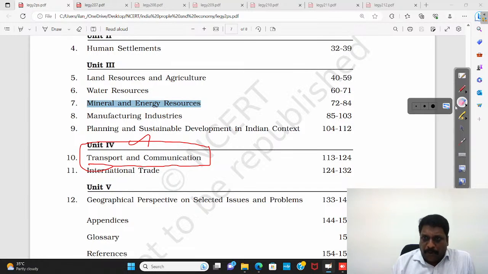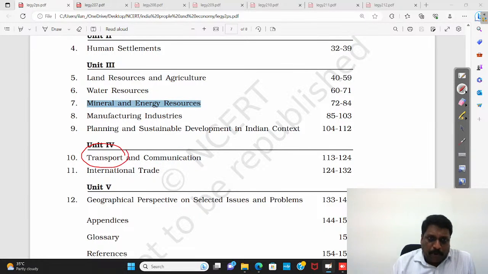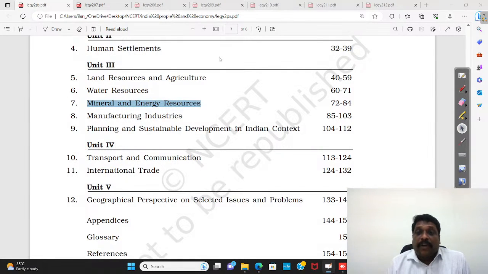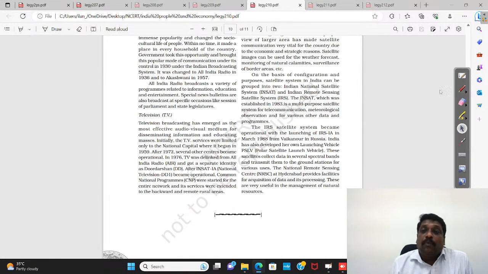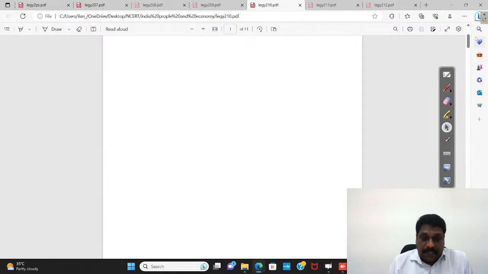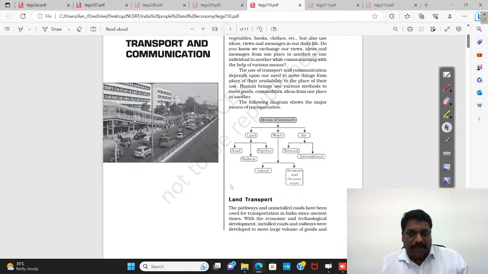And finally, my dear friends, leaving this planning, coming to transport and communication, particularly transport is very important. I'll show you. International trade we can skip. But when I talk about transport, where I have to concentrate, I'll tell you. Few updates we have, right? See, even this year's preliminary examination,